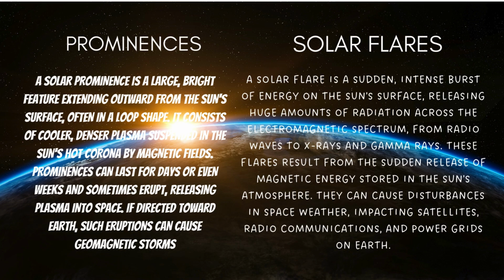Solar flares. A solar flare is a sudden, intense burst of energy on the Sun's surface, releasing huge amounts of radiation across the electromagnetic spectrum, from radio waves to X-rays and gamma rays. These flares result from the sudden release of magnetic energy stored in the Sun's atmosphere. They can cause disturbances in space weather, impacting satellites, radio